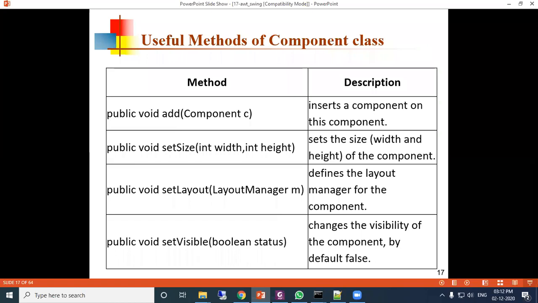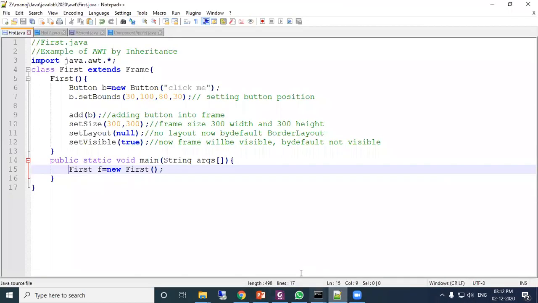Now let us see some small programs, where you can understand it easily. Just go through this program. This is an AWT program.